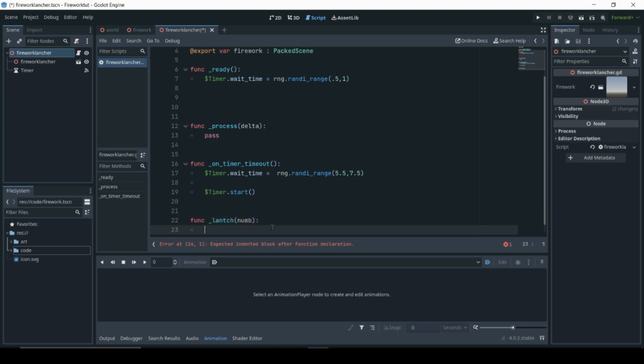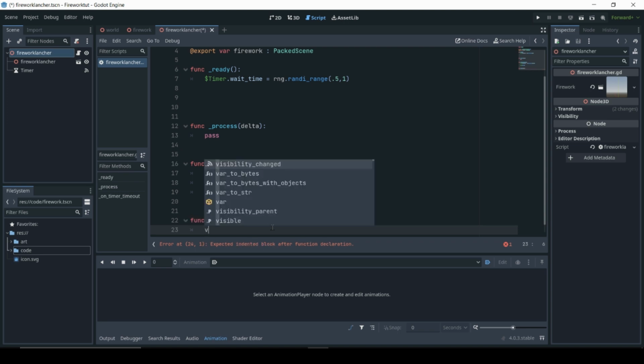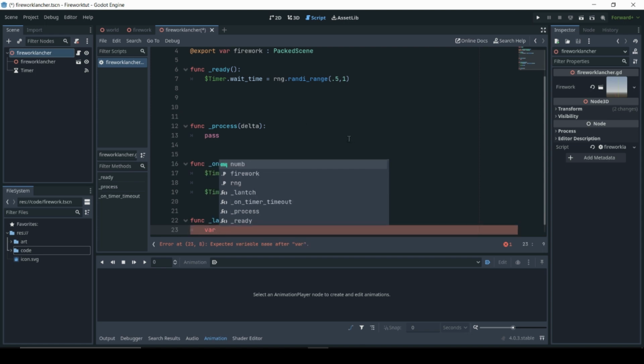Okay. Variable. You're going to want to create a firework instance. So var firework inst, shorten it down, equals